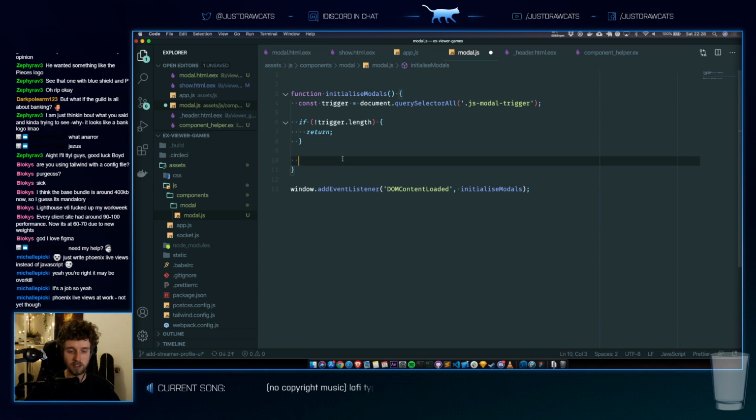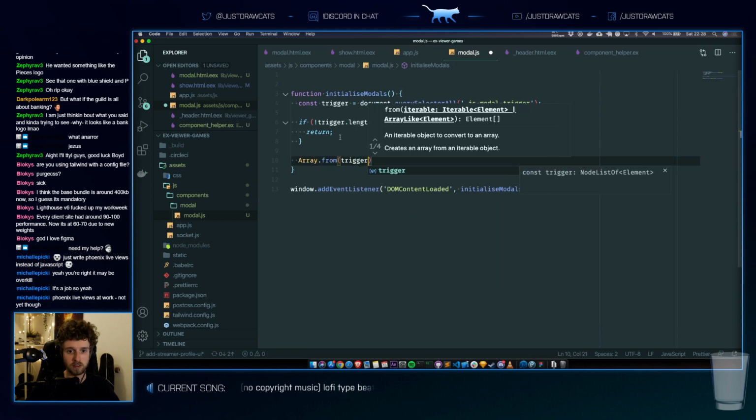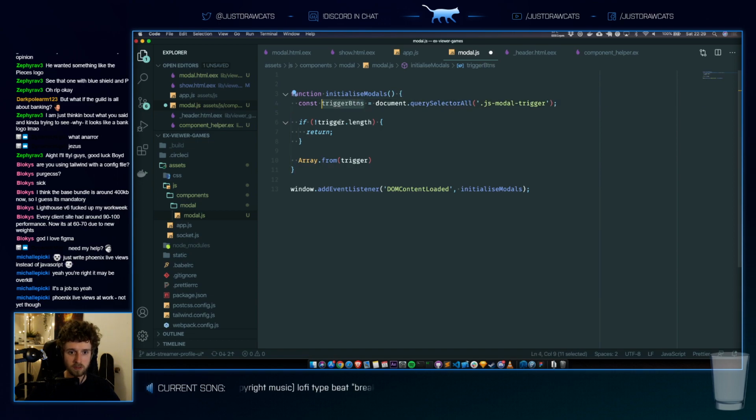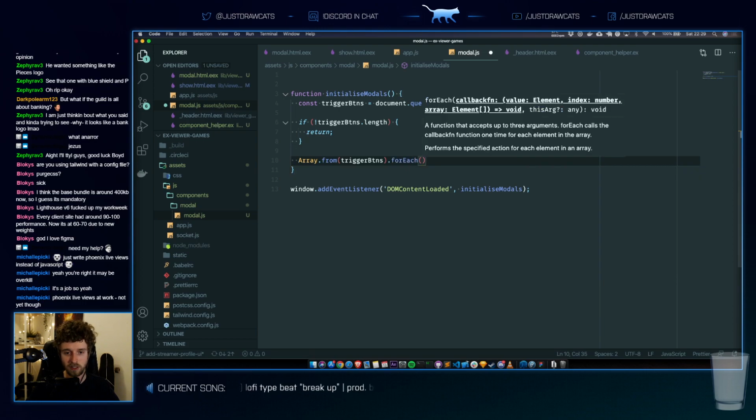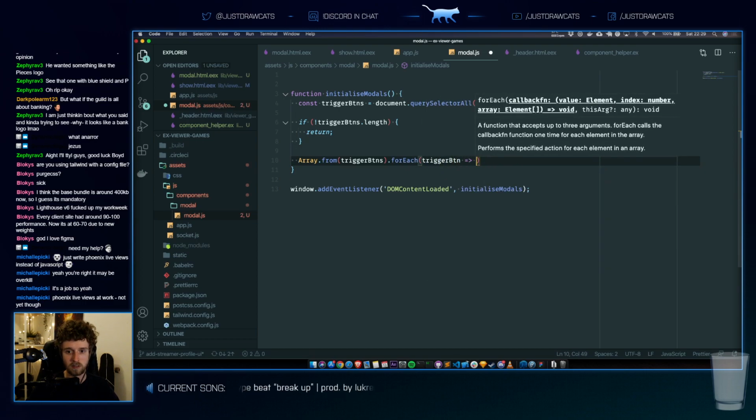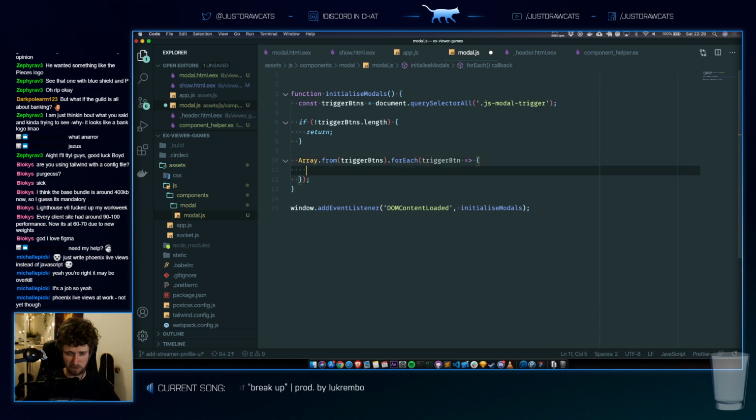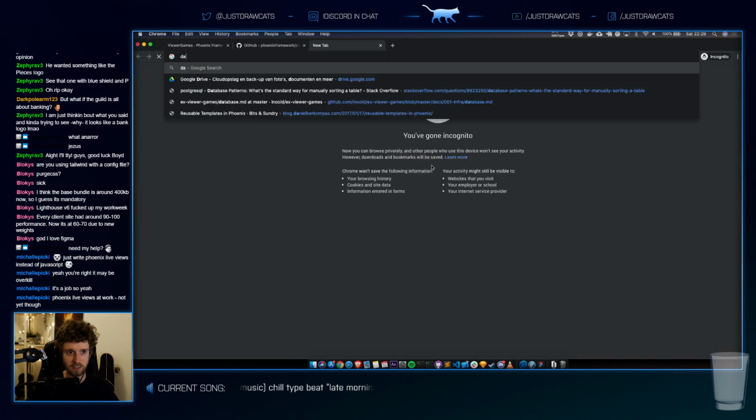Okay, so for every single trigger button, we're going to get the trigger button's modal target. Data modal, as easy as that. Trigger button dot dataset, I think.